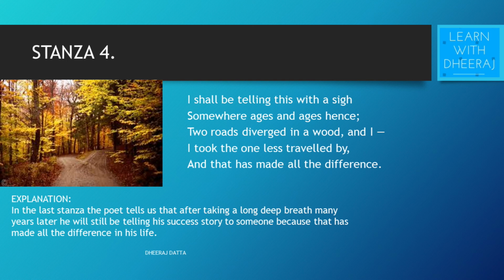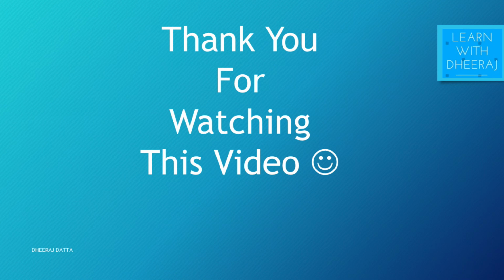So to summarize, the poet wants to tell us that there are many choices that we get in our lives, and the road in this poem also symbolizes choices of life. And choices affect our life in future because there are certain choices which, once taken, cannot be reversed. So we should take all the choices in our life very wisely by proper analyzing.